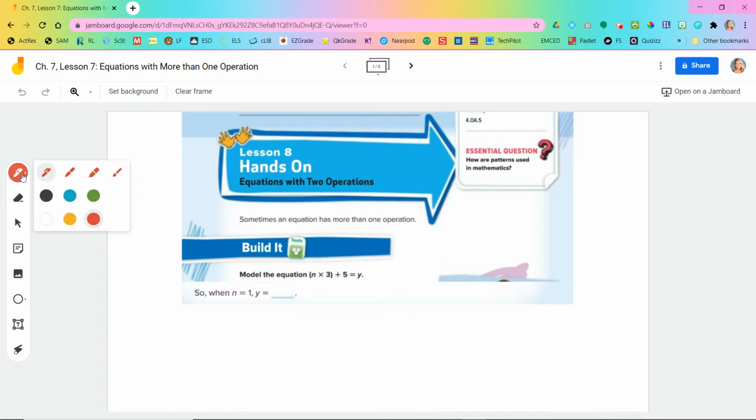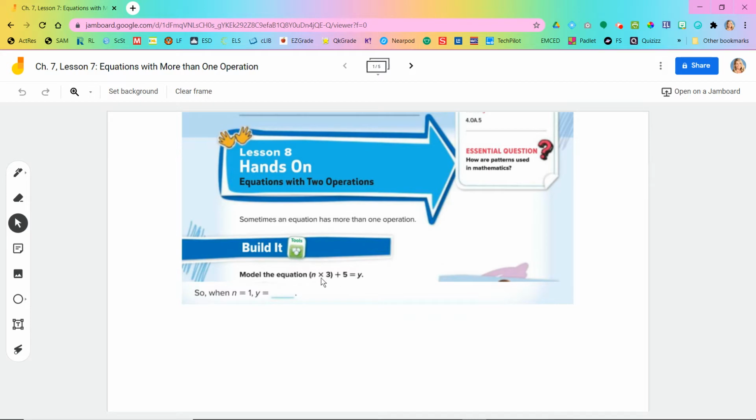But anyways, today's lesson was a pretty easy one, so I think that you'll do even better with it. Today we talked about equations with two operations. And it just tells us right here that sometimes an equation has more than one operation, and we know that. Now, the thing that's different is in these equations that we're going to be looking at, they're going to give us two variables. Now, when we have two variables like we do right here,